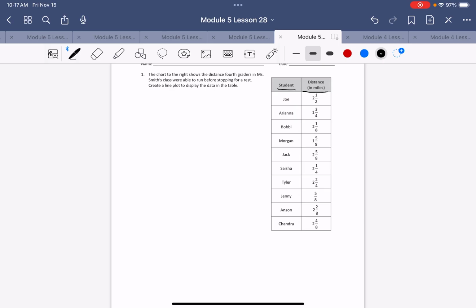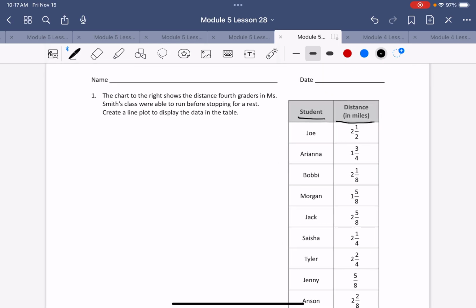So when we look at the denominators 2, 4, and 8, we're going to get all of our fractions to equal 8s. So remember, when we do that, we can use multiplication to get our fraction to equal the same denominator. So when we look at Joe,